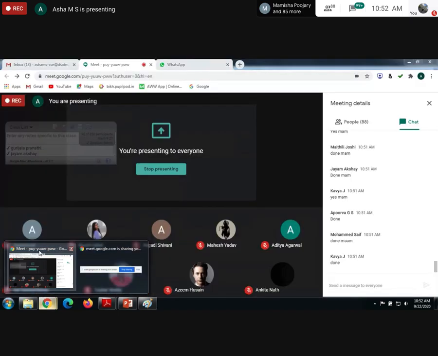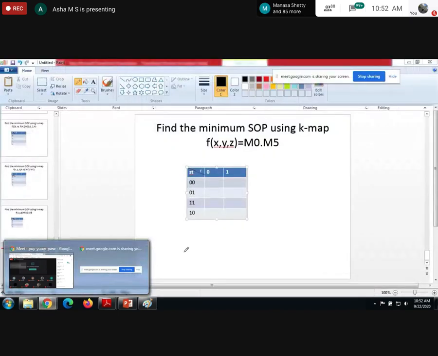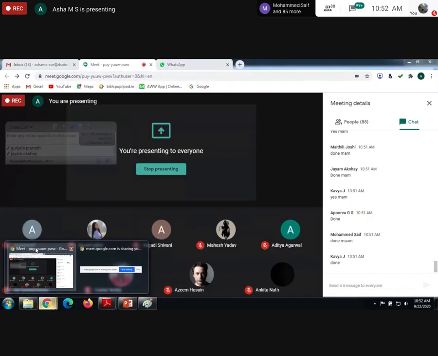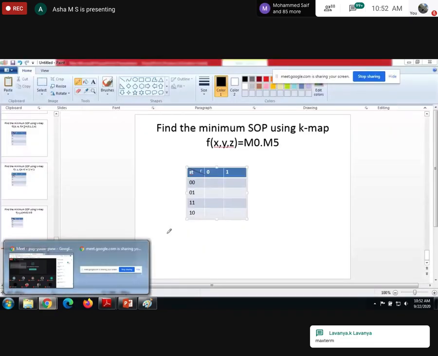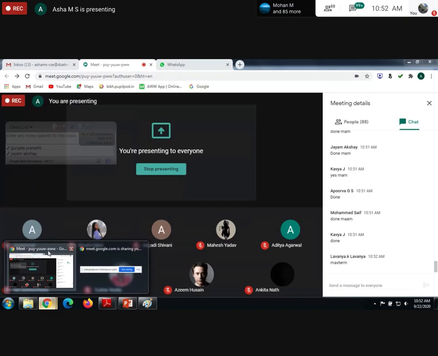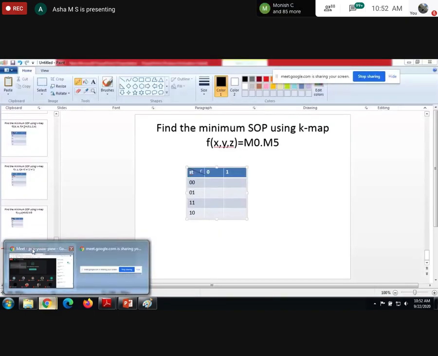Write carefully the question. Look at the first question and this question, and answer me, is there any difference? The first question which we solved today was M0, M2, M5, M6. Can you see any difference between this and the first question? There we have used small m. Here we are using capital M. Apart from this, any other difference?